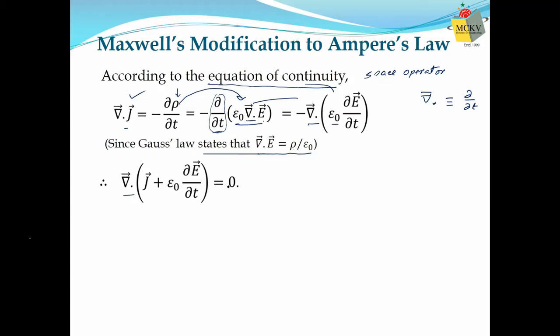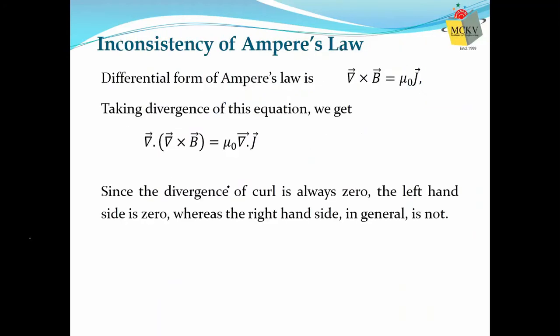That was the objective. Why? Because you have observed in the previous slide that with the Ampere-Circuital law, when divergence was taken on both sides, this quantity is always 0, because divergence of curl of any vector is 0. But divergence J is not always 0. It can be 0, but only under a certain condition, the steady state condition. When current is steady, only then divergence J is 0. Otherwise, it is not.